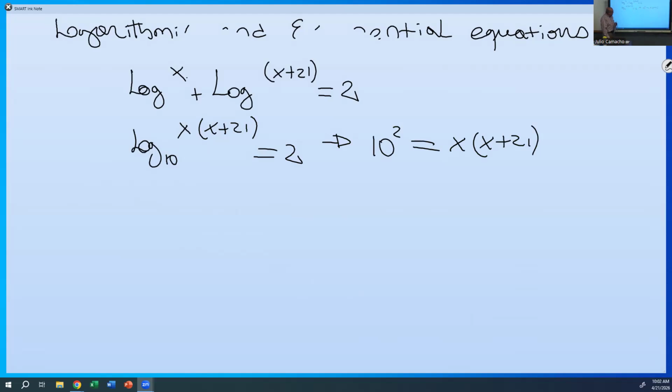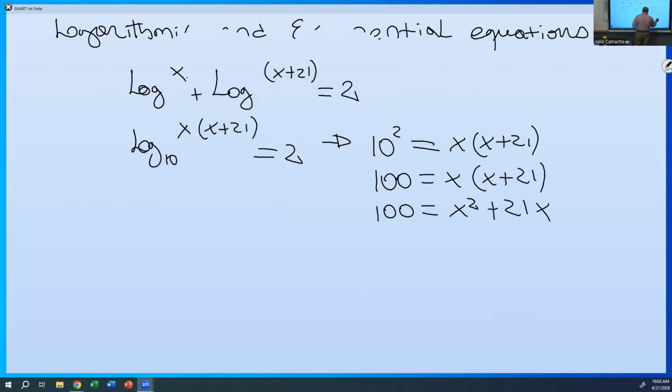And do we follow? 10 to the second power is 100. You have 100 is equal to x times x plus 21. Now you can follow that, or you can distribute the x in the parentheses. So you have 100 is equal to x times x is x squared, and x times 21 is plus 21x. So now you have